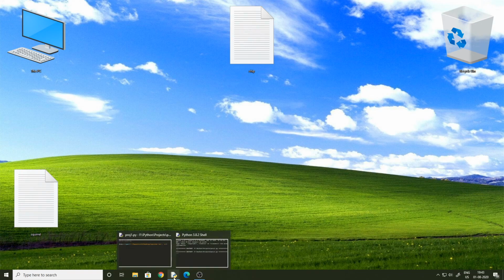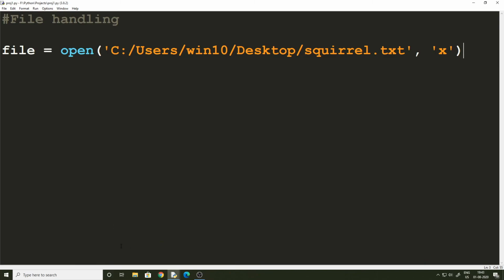But what if we wanted to create a file and write to it right away? In such a case, we would be using W, which we used previously. So this W is designed in such a way that it can write to an existing file, or if that file is not present, it can create a new file and write the text anyway. So let's now create another file called squirrel1.txt and use it with W so that we can write to the file. So file.write